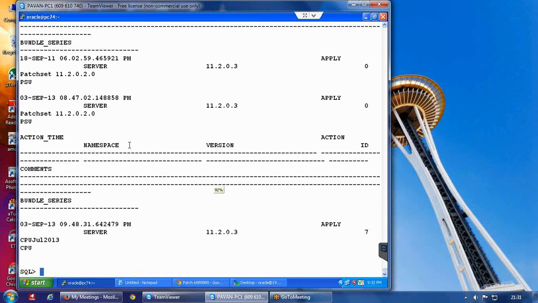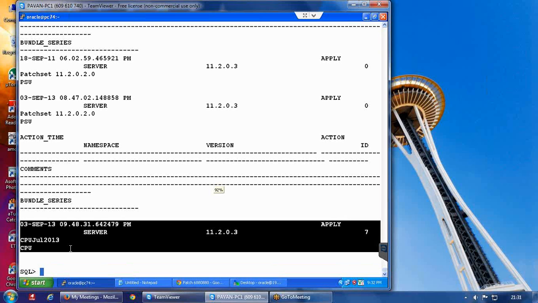Here you can see it is saying we have applied CPU 2013 on 3rd September. So it gives you the date and time on which you applied this particular CPU or patch.